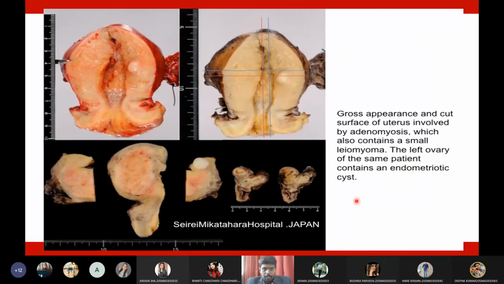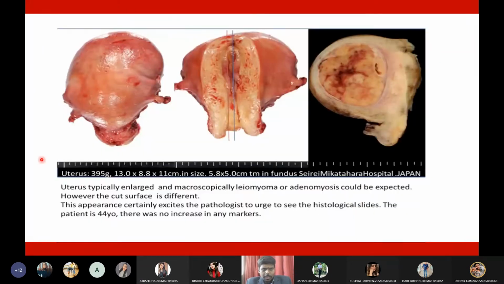Nowadays we are getting these measurements digitalized. With special software, if you take a picture, it will give the dimensions of the specimen: length, breadth, depth, everything. All measurements are given digitally nowadays. But usually we go with manual measurement of the specimen with the help of a ruler, a graded scale, or a steel scale.